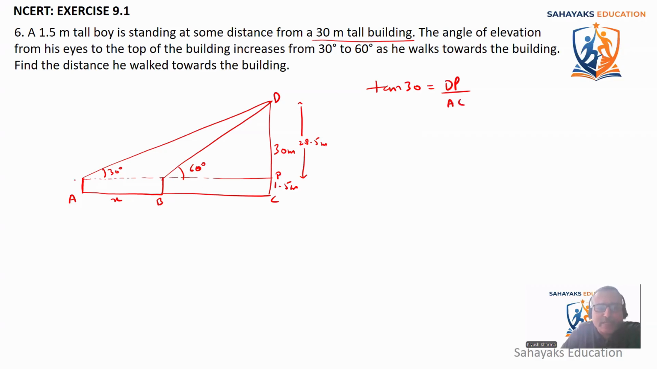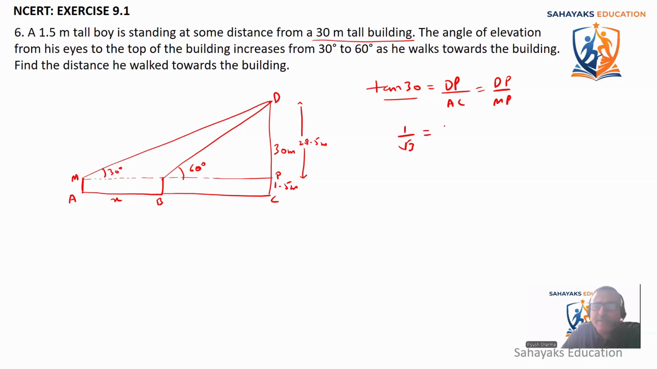dP divided by AC, or instead of AC, I can also write it as MP, so dP divided by MP. MP is more clear because you can see the clear horizontal distance. So what's the value of tan 30? Tan 30 is 1 by root 3